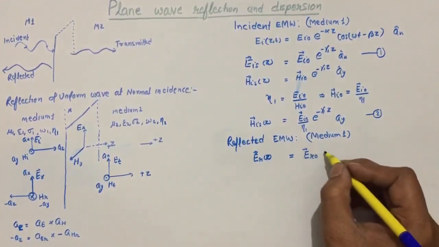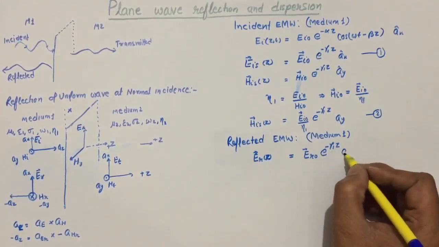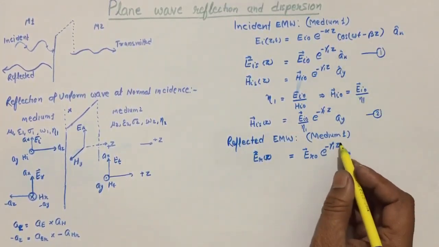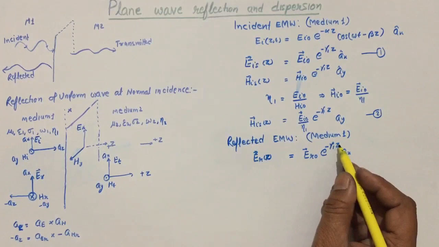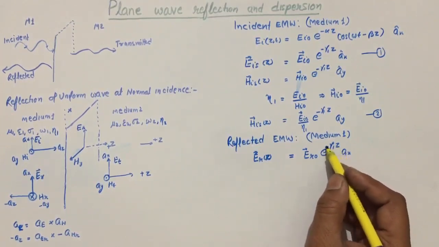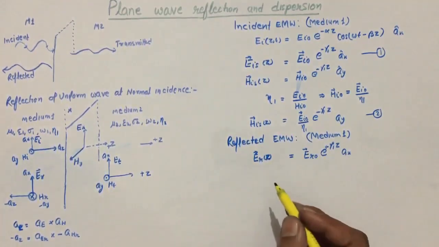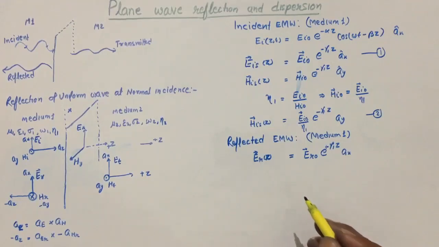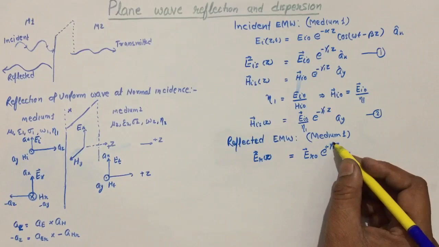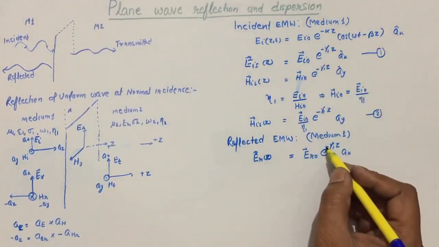The maximum value e to the power minus gamma z a_x. This is the previous one. There should be a modification in the propagation direction. It is propagating in the minus z direction, so minus z here, it will give us like this. Now this is the correct value of the electric field component when it is reflected back in the same medium. And now, due to the propagation in the direction opposite to the previous one, it is plus gamma